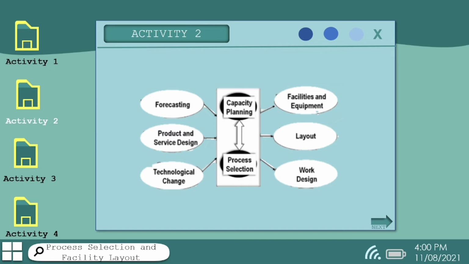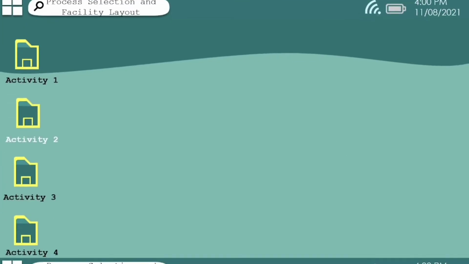Forecasting, product and service design, and technological consideration influence capacity planning and process selection, in which these two are interrelated and are often done together. These two in turn affect the choice of facilities, layout, and work design. Now let's move on to the next slide,